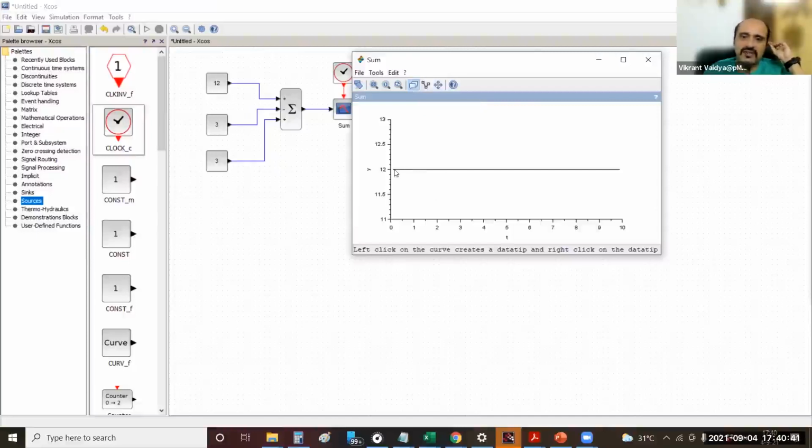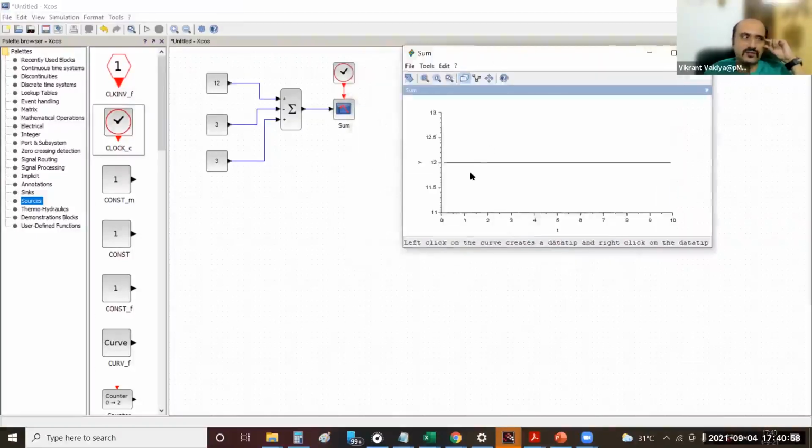By the way, have you noticed that the first point that we get is not at 0, like I said? There is a slight gap between the y-axis and the start of the curve. Everyone notice this? Now, if I would have made the initialization time 0.001, it would have started much closer and you probably wouldn't even notice that it is far away. It is a little away, not far away, a little away.